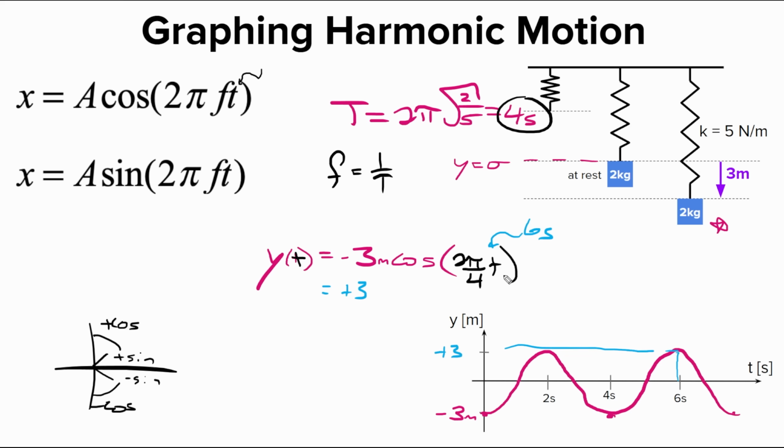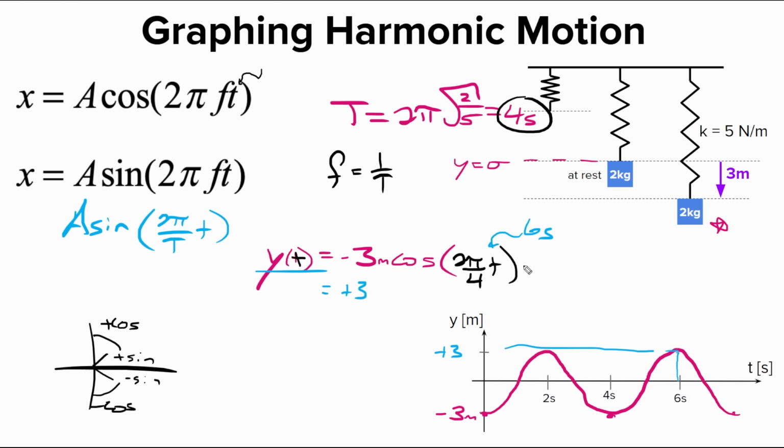But I could theoretically plug in anything, like pi for t. I could plug in 0.2. I could plug in anything I want now, and this would give me the height of that mass as a function of time. So you just got to use the right cosine or sine, or negative cosine, negative sine. Use the right amplitude. Plug in your period. Another way to write this, if you don't like thinking about it like this, you could do a sine of 2 pi over the period, because 1 over the frequency is the period, times t, and you get your function